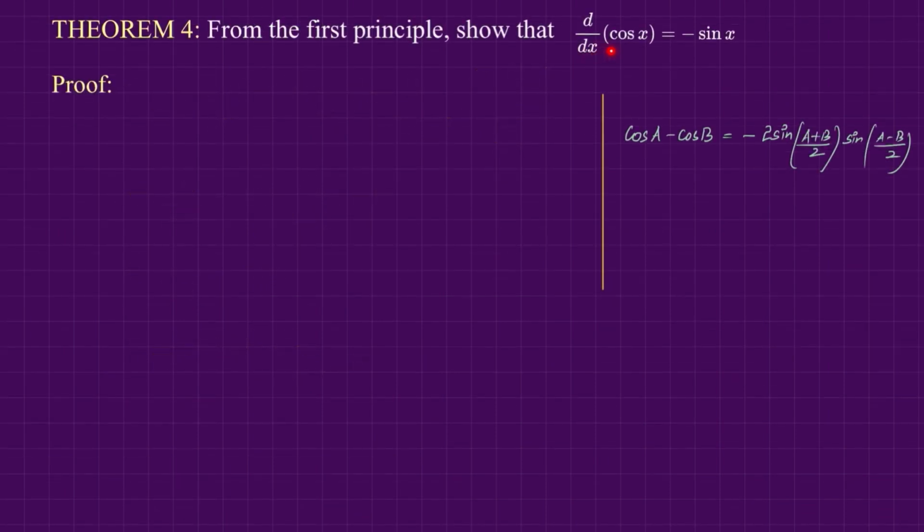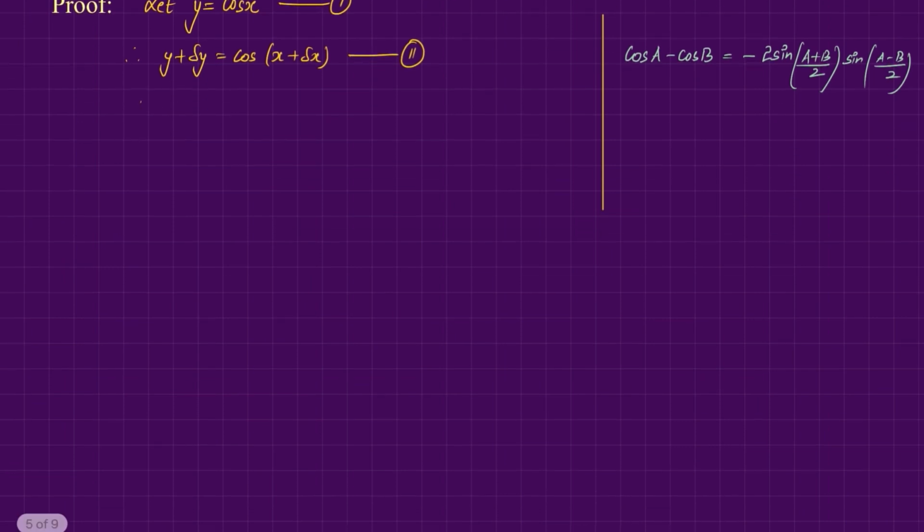Next we have to show d/dx of cos x equals minus sine x. Let y equals cos x, and let that be equation 1. Therefore y plus delta y will equal cos of x plus delta x, and let that be equation 2. So subtract 2 minus 1, so we will have y plus delta y minus y equals cos of x plus delta x minus cos x. So here on the left hand side y and y cancel, so we will have delta y equals,